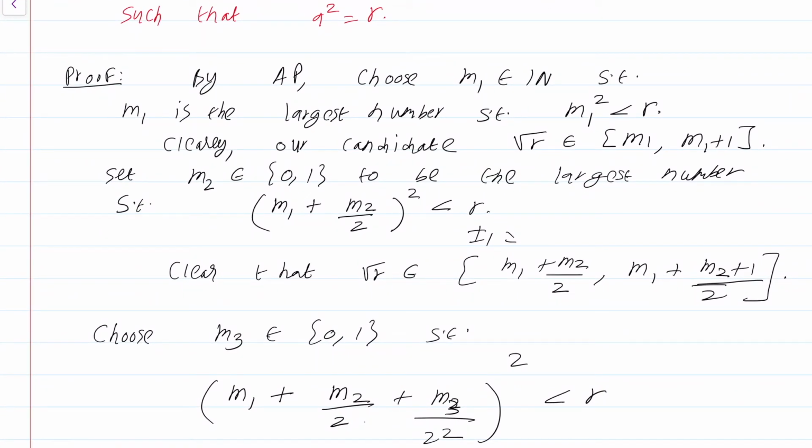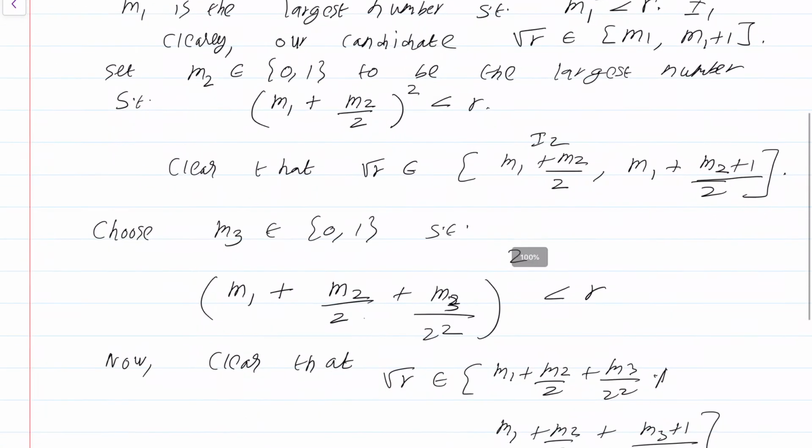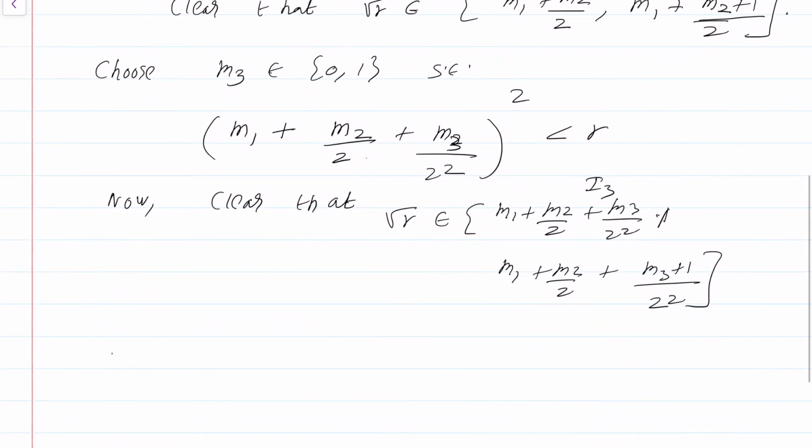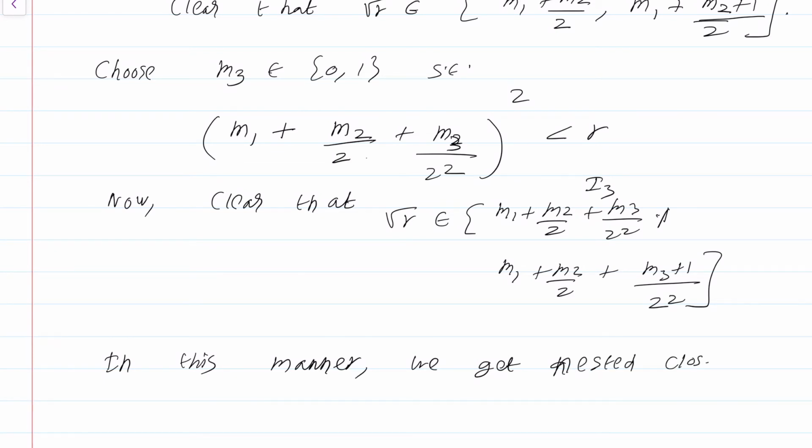So call this first interval that we had I1. Call this I1, call this I2, call this I3, and so on. So we can, in this manner, I hope the pattern is very clear what to do next. In this manner, we get nested intervals, nested closed intervals,